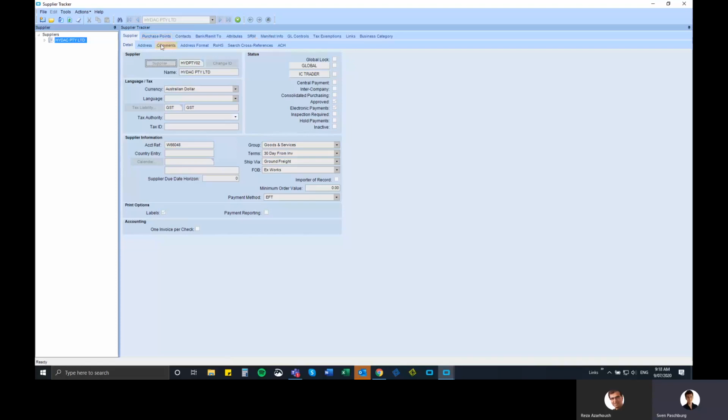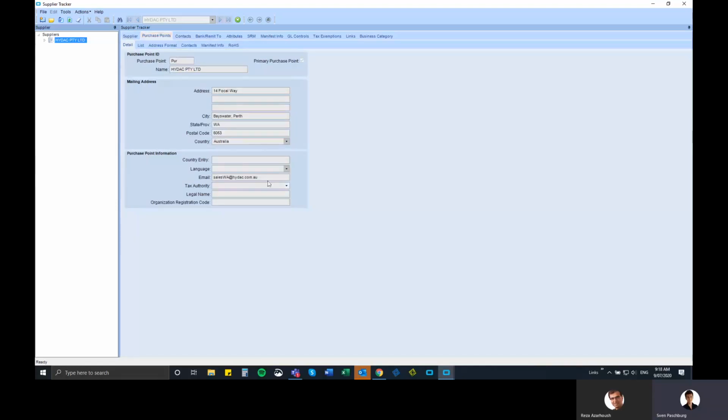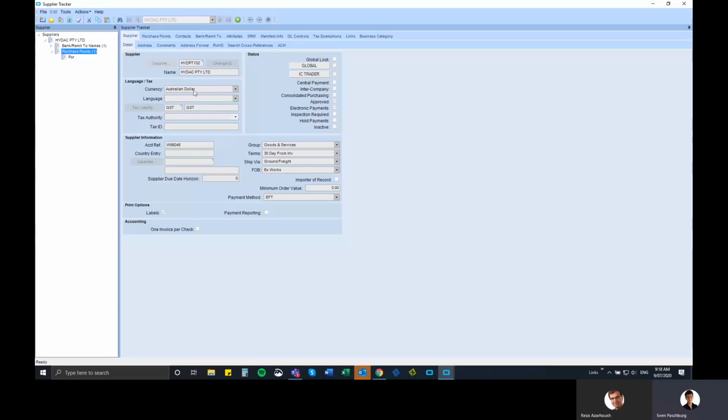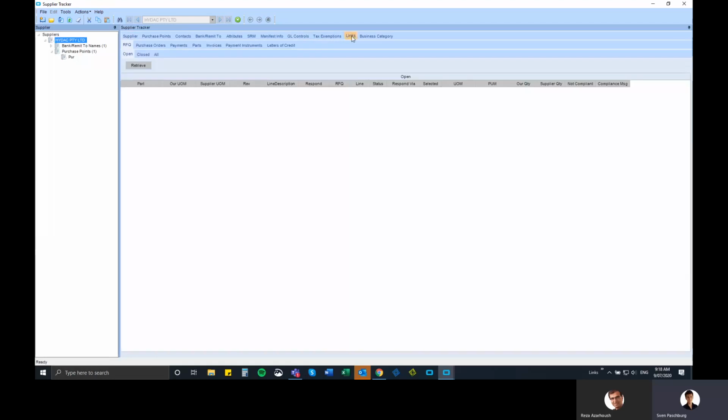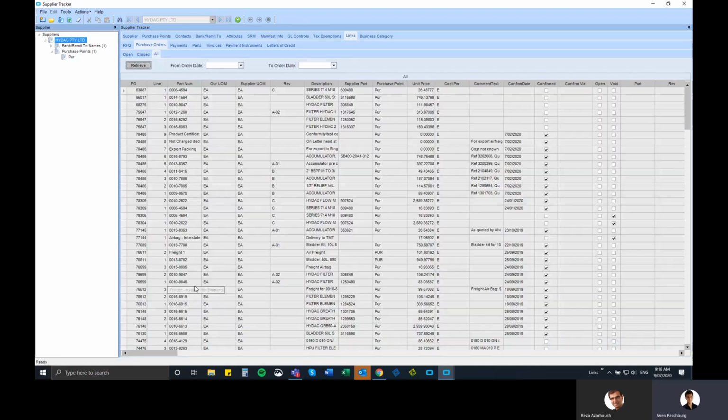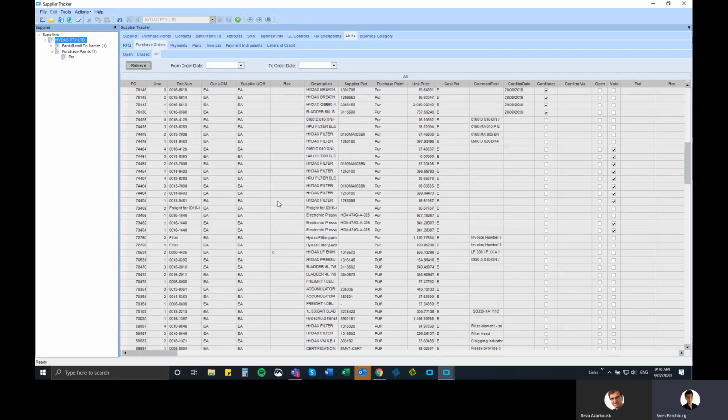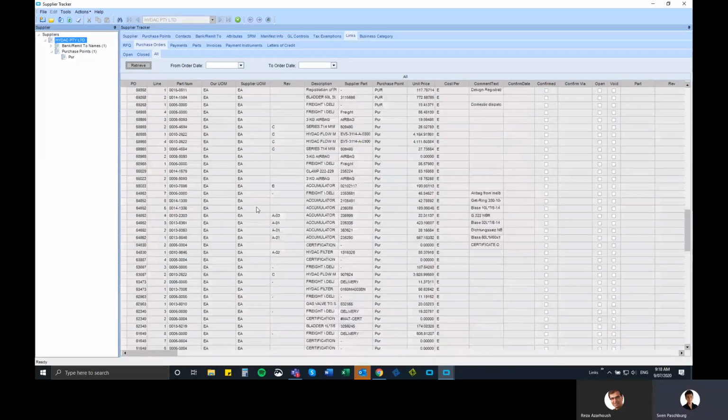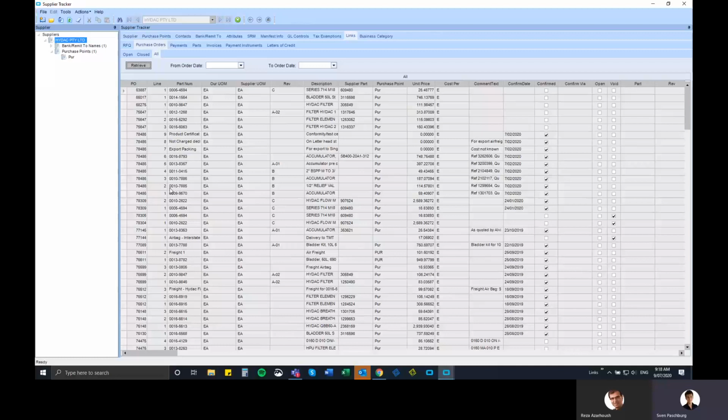Most of this is just supply related information, purchase point, you know, what's their sales email and things like that. If you are looking for that, what currency they do in and what their terms of service is, 30 days from invoice. You go to links, you can go to purchase orders, you can look at open, closed, or all. You can specify a date range, and you can click retrieve. You can see all purchase orders which have ever been raised since we've been using this system for raising purchase orders